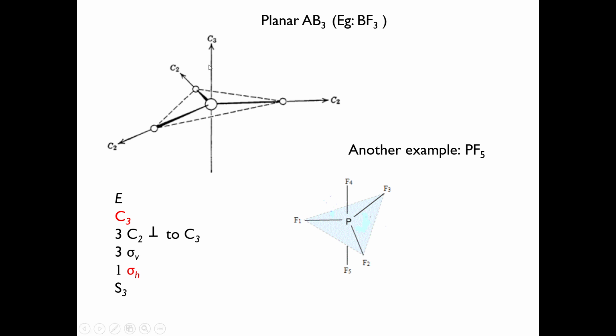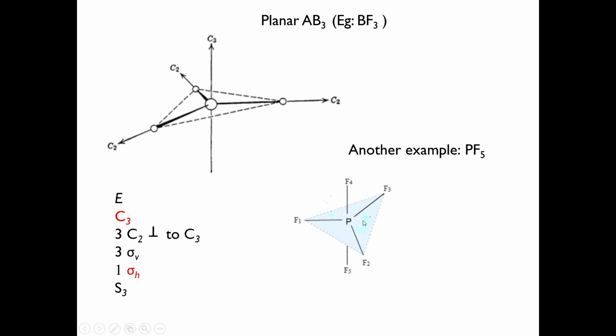You can see it in the other picture. So F4-P-F5 is actually the C3 axis, or we can say that the C3 axis passes through the F4, P and F5 atoms. If you rotate about this, F1, F2, F3, all these three fluorines will only interchange. F4 and F5 remain at their own positions because they are on the axis, they will not change. Only the three atoms will interchange. So it has a C3, and the plane containing F1, F2, F3 and phosphorus is perpendicular to that C3 axis. That's why it is a sigma H.